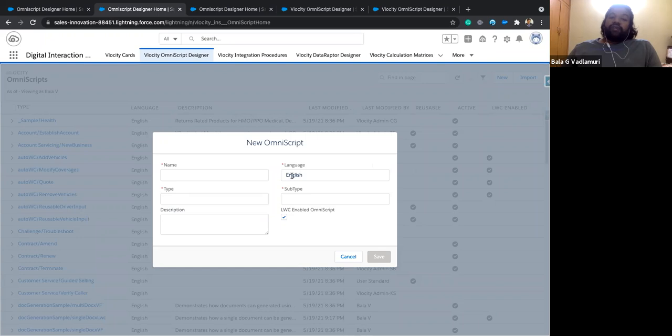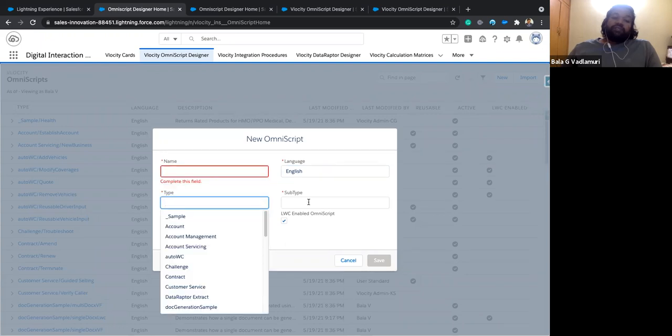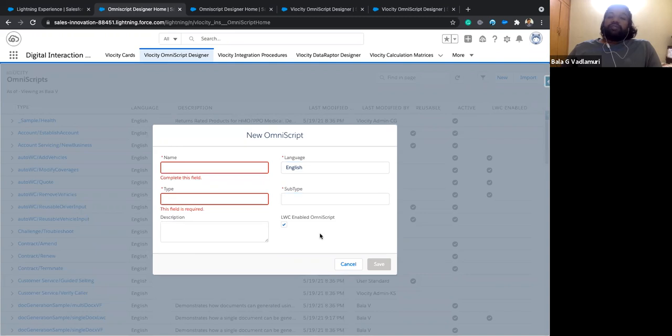We can have the same language, same type, and different subtype, which will be two different OmniScripts. In the same way, the same language, different type, and same subtype will again be a different OmniScript. Language also makes the OmniScript different. Okay, so this name is just to display, but this type and subtype will make the OmniScripts unique along with